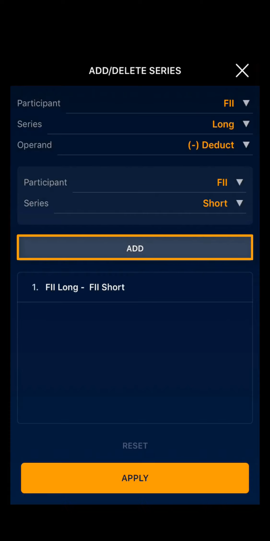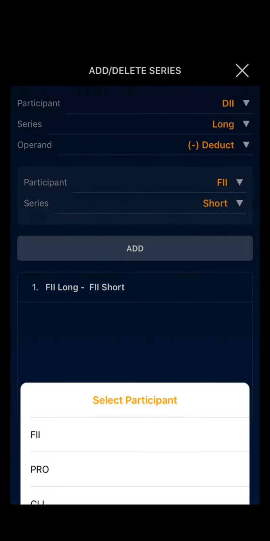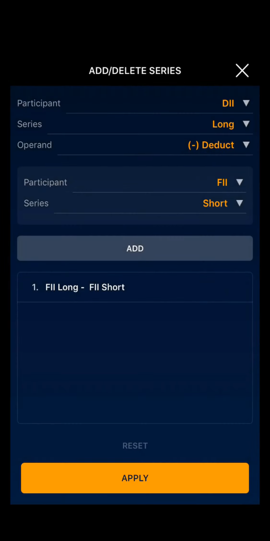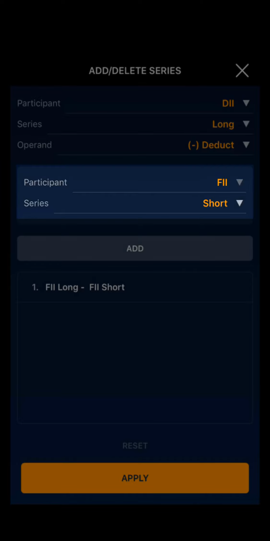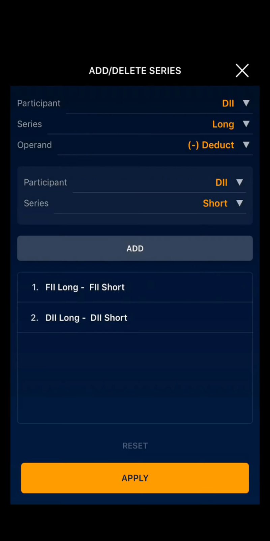Now I will click on the add. Now I will add the second leg. I will select participant as DII. I have the long position and I am deducting DII short position. Now I have the second leg in which I have the DII net long position.